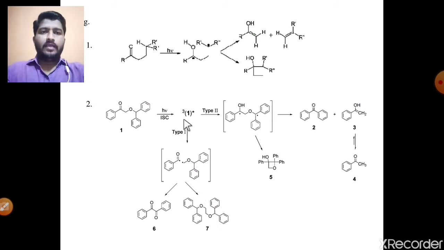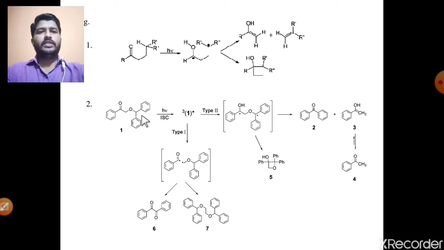Okay. Then the Norrish type second reaction. What is the Norrish type second reaction? There are basically 2 steps. The first step is abstraction of gamma hydrogen, and the second step is a beta cleavage, meaning the cleavage of the bond between the alpha carbon and the beta carbon. See the first step, abstraction of gamma hydrogen. See the positions: the carbonyl carbon, then the adjacent carbon is the alpha carbon, the next is the beta position, and then the next carbon, the tertiary carbon, is the gamma carbon.